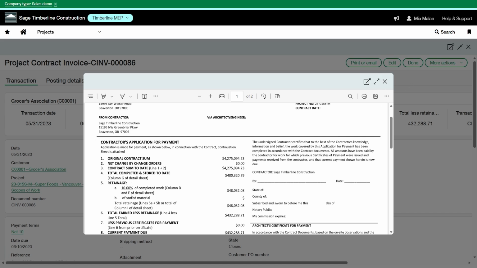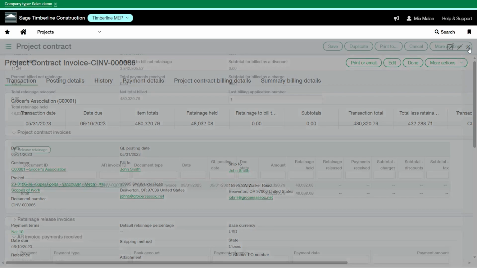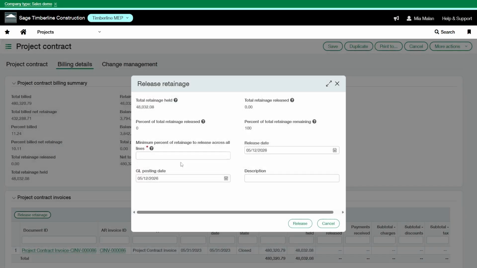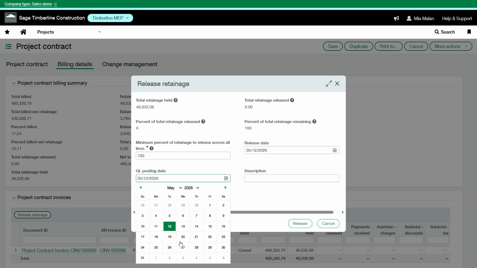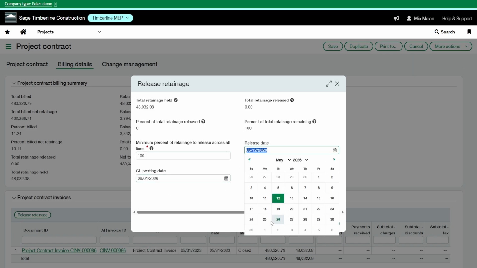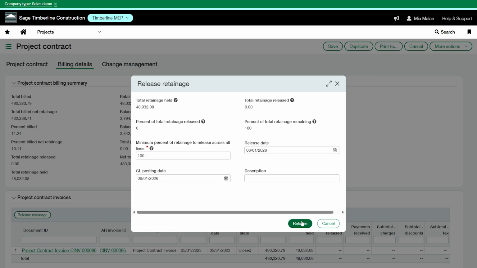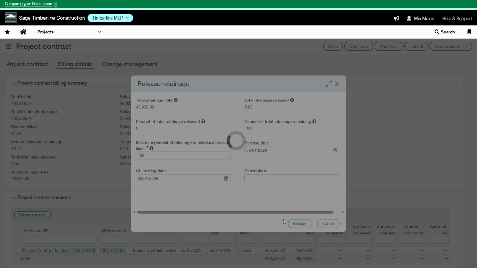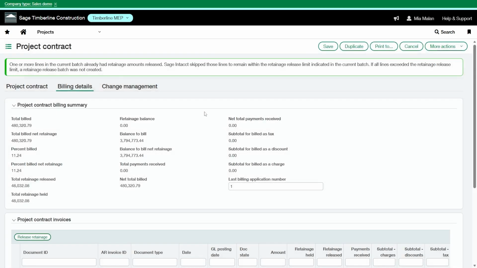So if I needed to go and release all of my retainage, I would enter 100%. So enter 100. Currently 10% was held, and now we're releasing 100%.